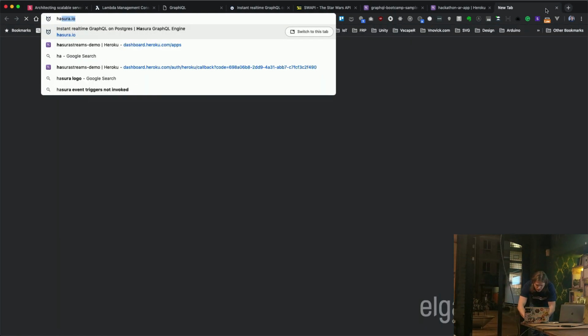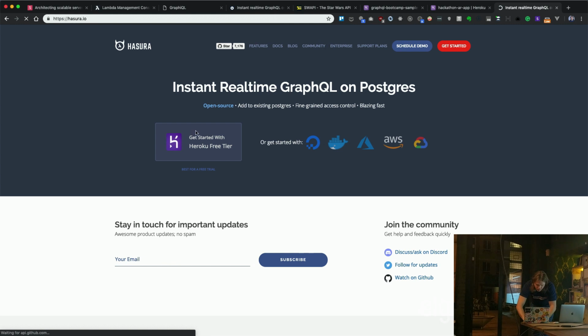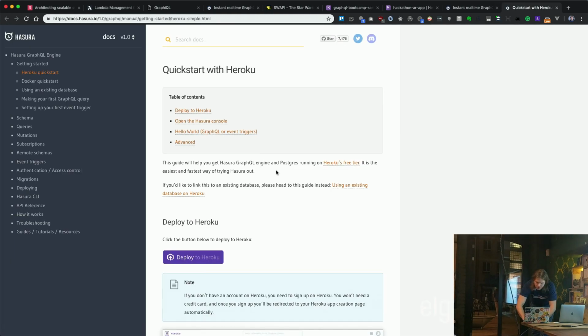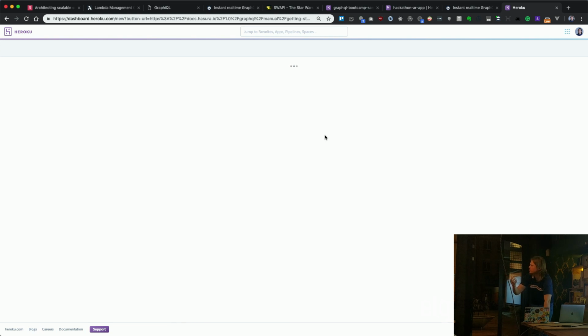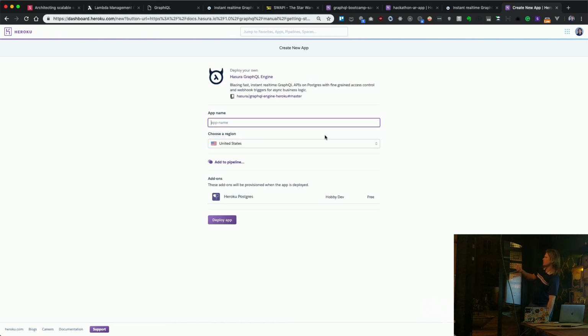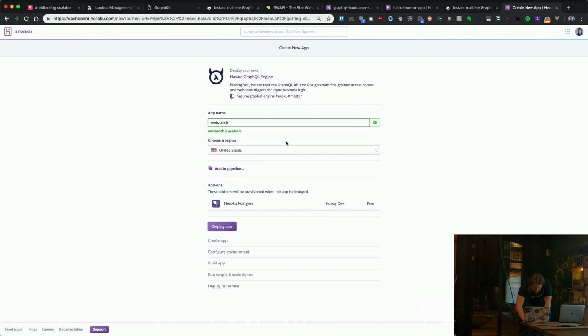If I go to Hasura and click on that, it's for a quick start if you want to play around with it, but obviously if you want to deploy it to any cloud of your choice, you run it in a Docker container. You can either use Docker Run, or Docker Compose if you want both Postgres and the engine itself. I will give it a name, and I will deploy it.